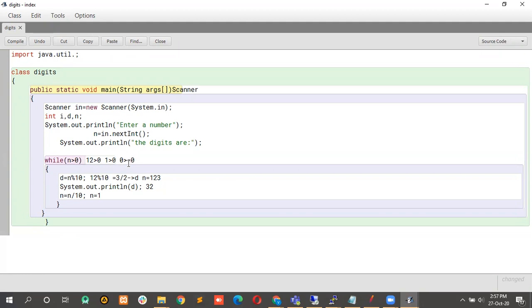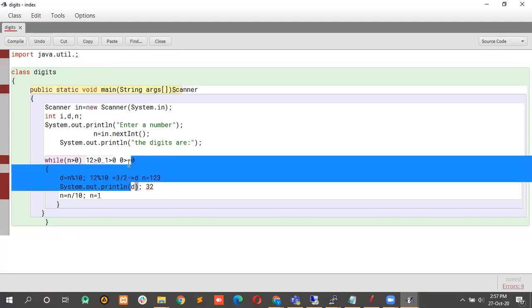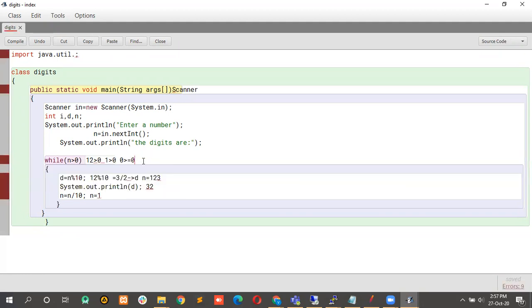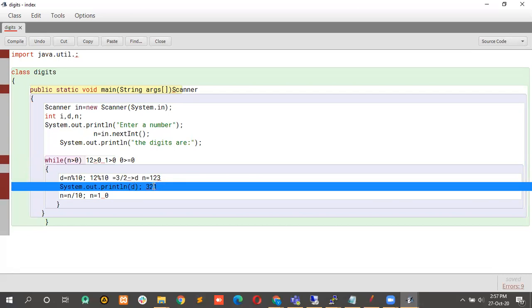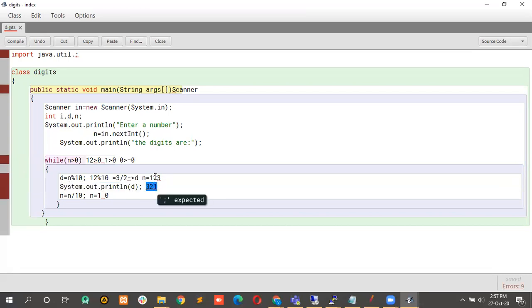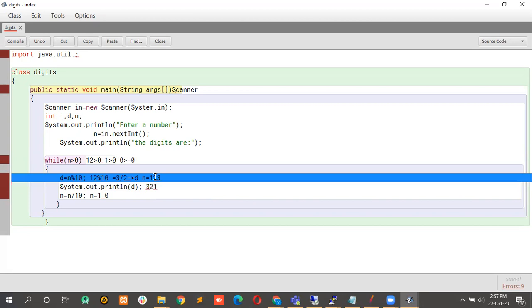Then once again the compiler would have executed the statements. But now this condition is not satisfied. So in the last case scenario, 3 to 1, and here the value is 0. So the last System.out.println will be printing the value 3 to 1 where the user has entered the value as 1 2 3.